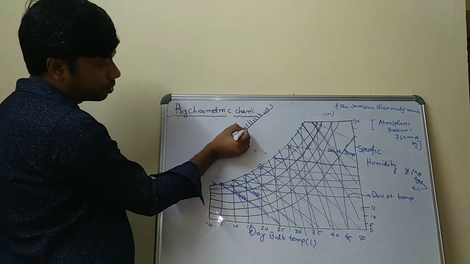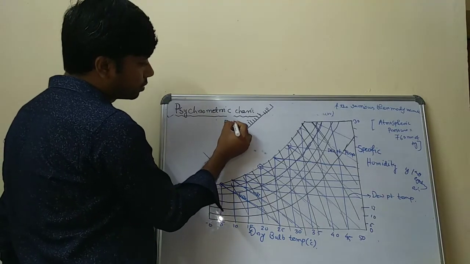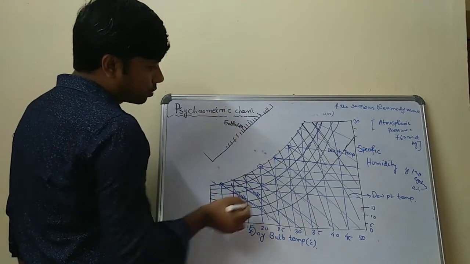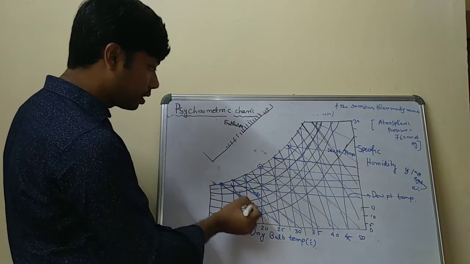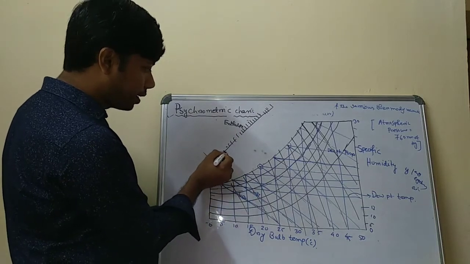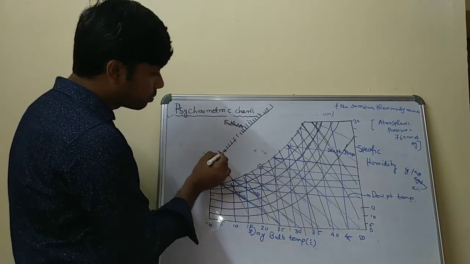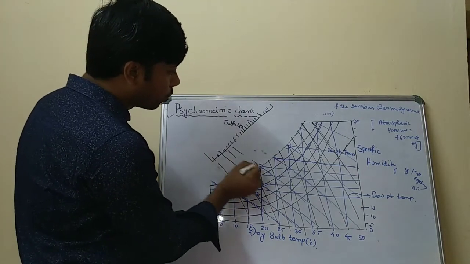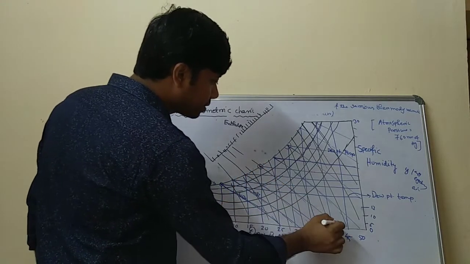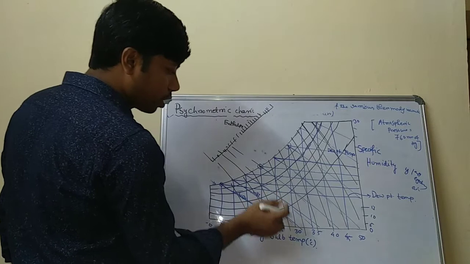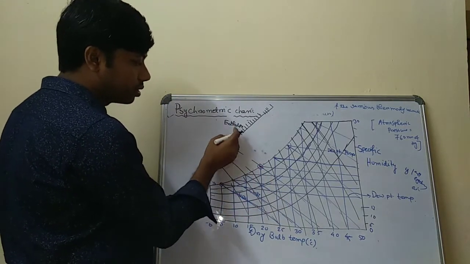In your chart, you can see there are some enthalpy values written here. It is basically parallel to the wet bulb temperature lines. Suppose these are the dry bulb temperatures. These are the points that give you the enthalpy lines. This is basically parallel to the wet bulb line, because this is the 20 degree centigrade dry bulb temperature line. If you draw an inclined straight line, this is your wet bulb temperature of 20 degrees Celsius. So this is parallel to the enthalpy line. Okay, so this is your enthalpy.